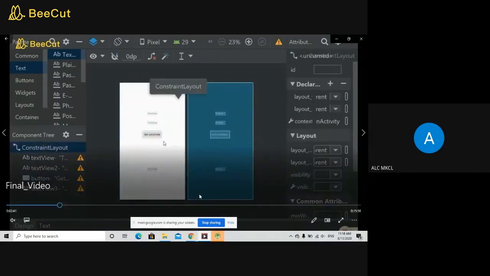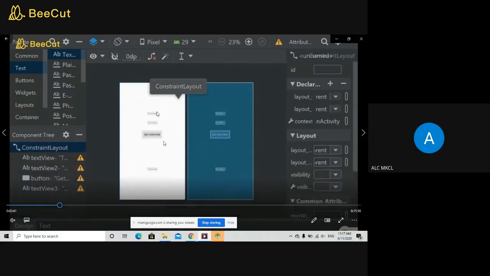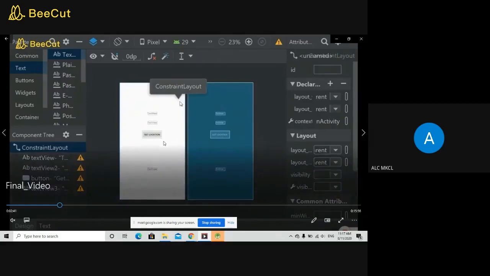Now, while doing the practice, you're supposed to take 1 more text view and put your name on that text view. Whenever you are sending screenshots of these kinds of practicals, you need to have 1 more text view where you put your name.